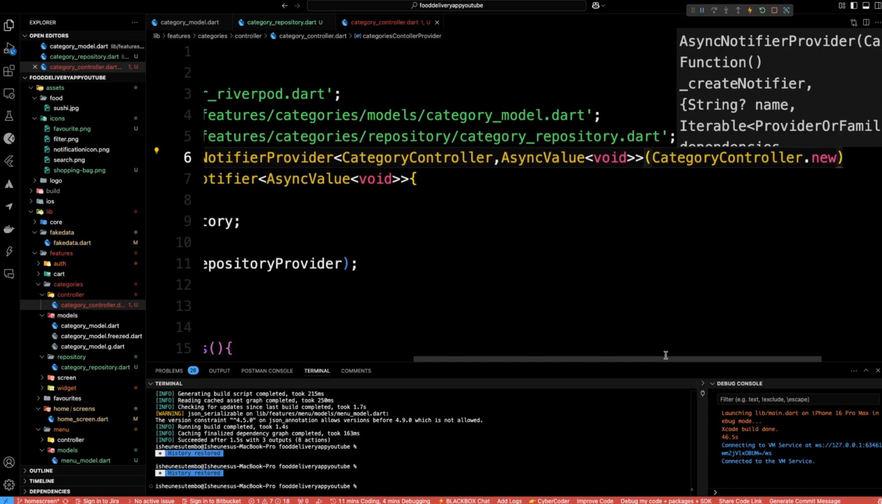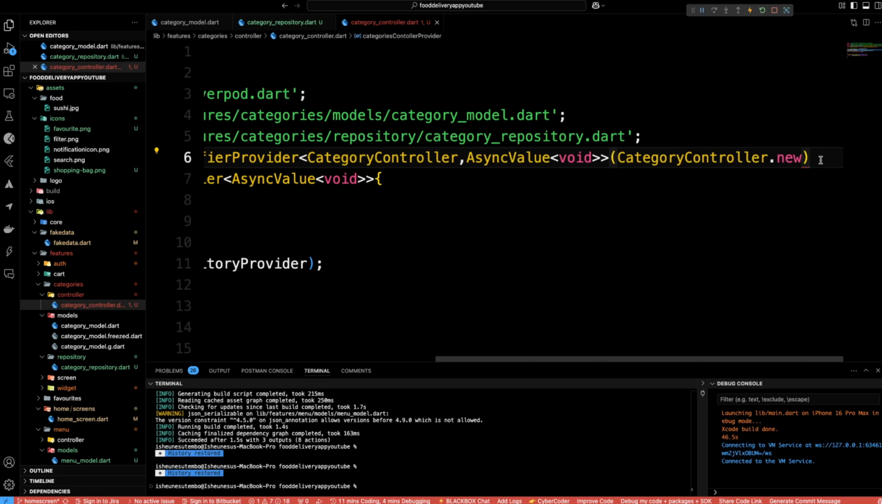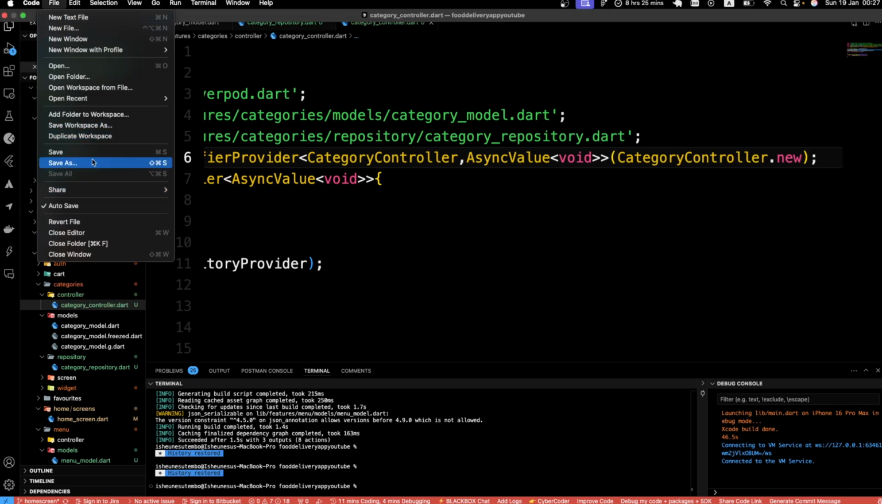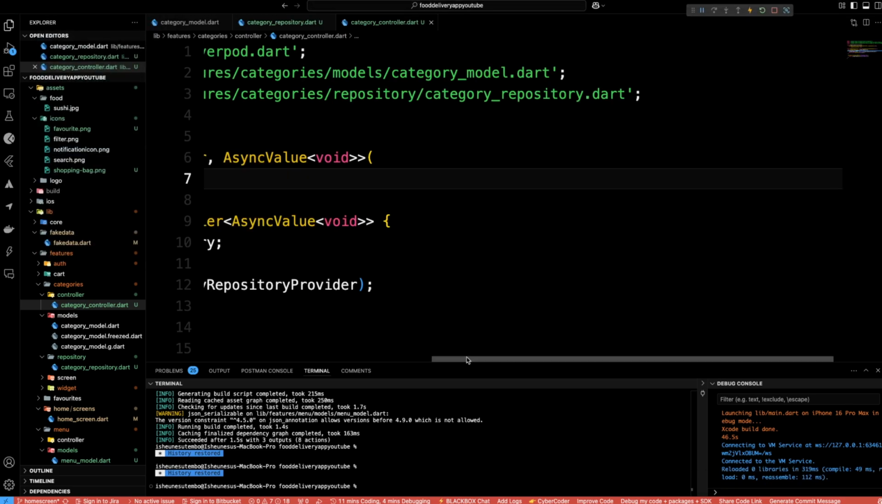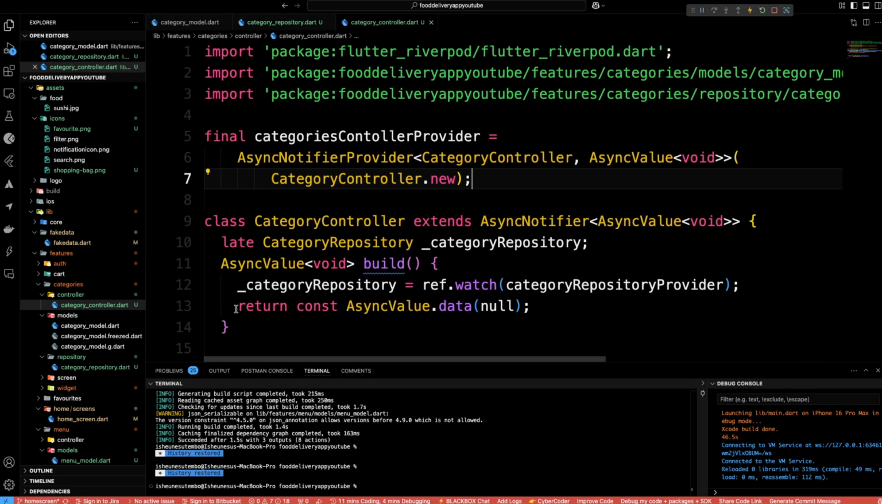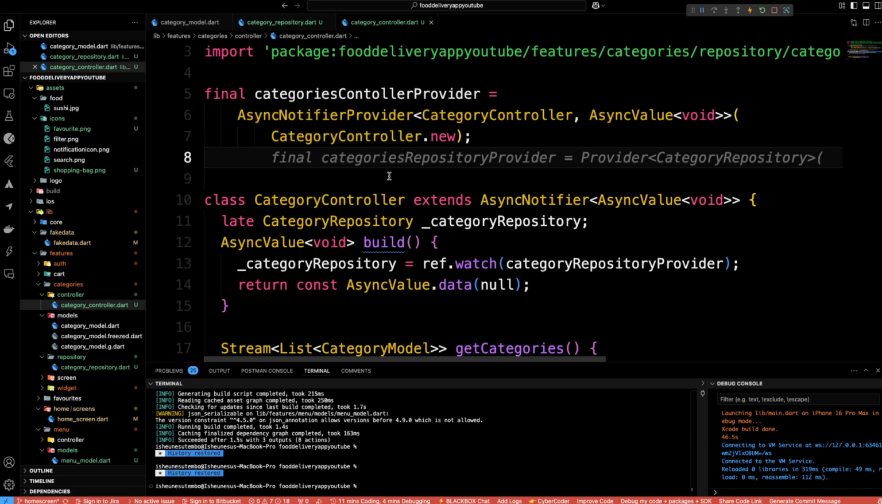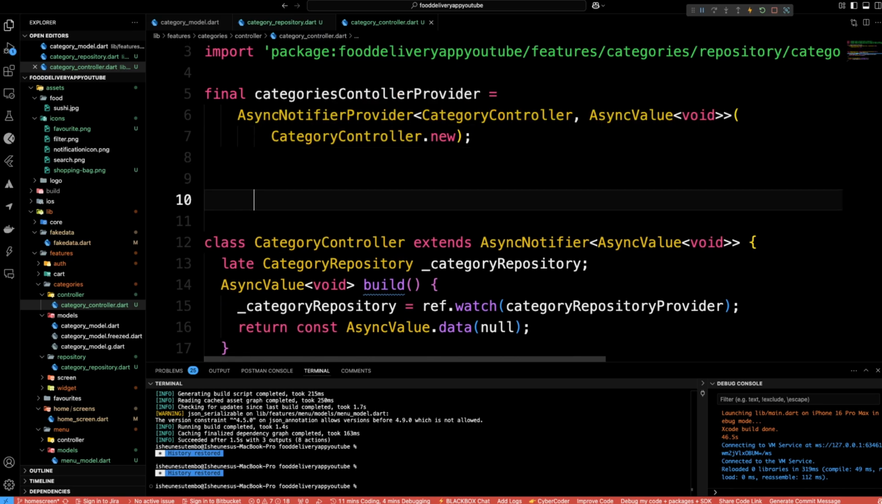Once we've done this, now we are done, right? Now we are done. Now, how are we going to make this stream provider accessible inside our user interface, right? So to do that, we need to create a stream provider, right? Stream provider riverpod. So I'm just going to find our get